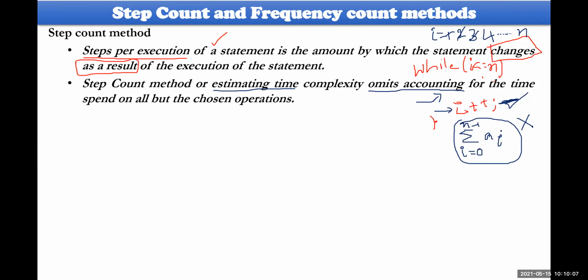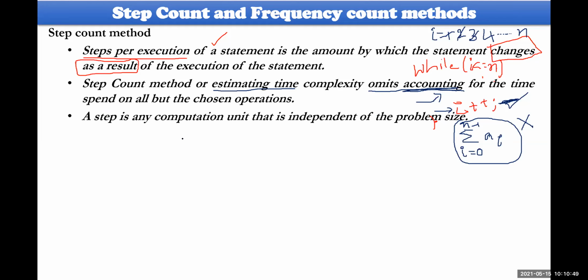That is not the specification here. The specification is: how many times will the so-called operation be executed? How many times is it being executed? That number of times will be called the accounting method. Let me explain while taking examples from previous question paper questions, then you could have some idea regarding the accounting method. The accounting method comes under frequency, and it is eliminated from step count. That is the basic difference.